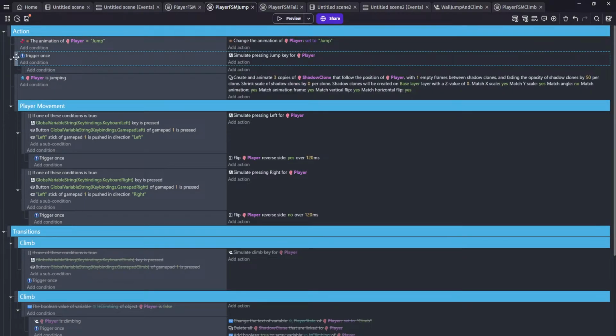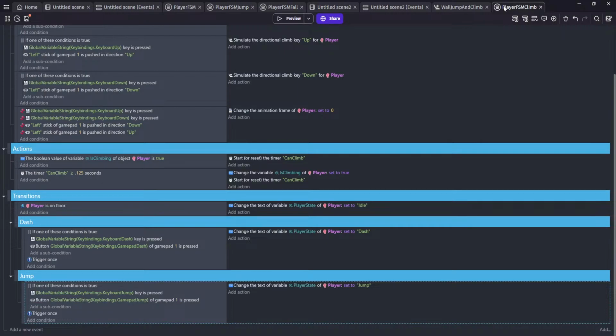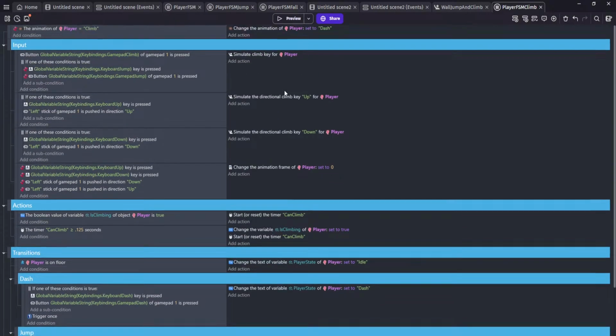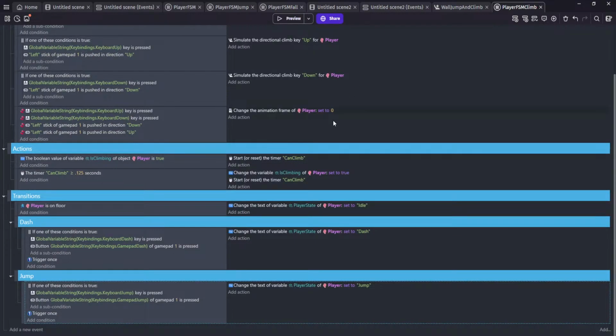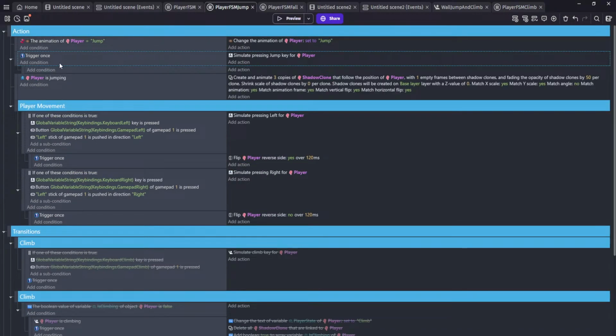And so in climb, let me think about this. We're gonna press the jump key, trigger it once, and so go into jump. In jump, we're gonna do a simulated check for when we jump,